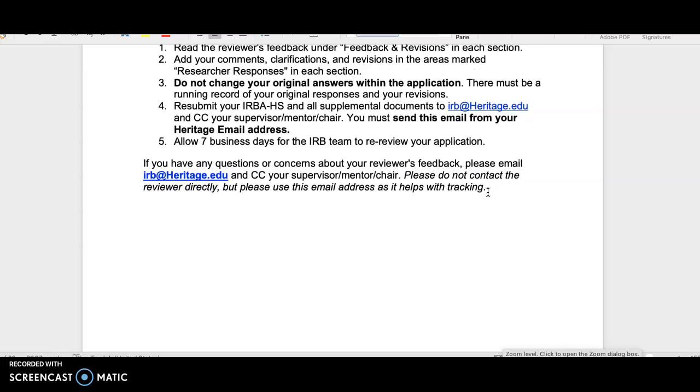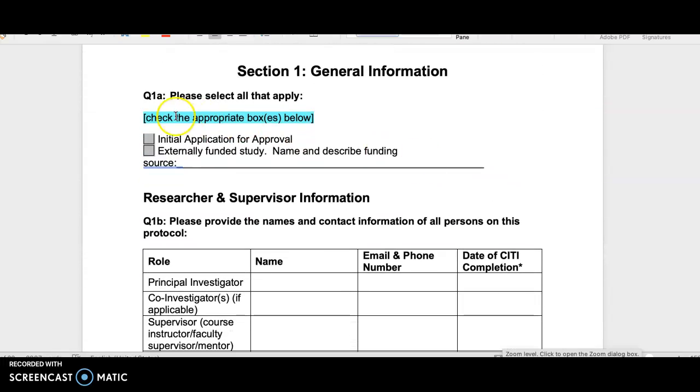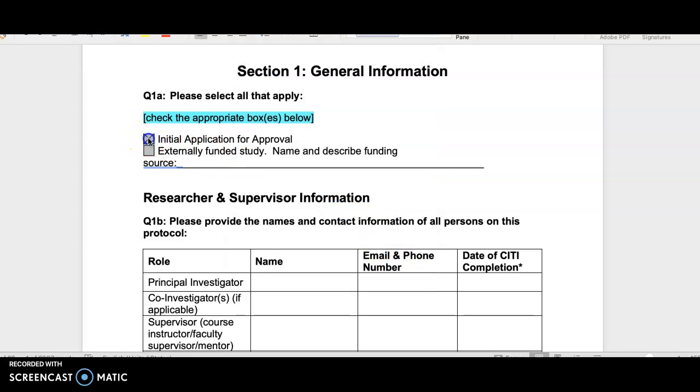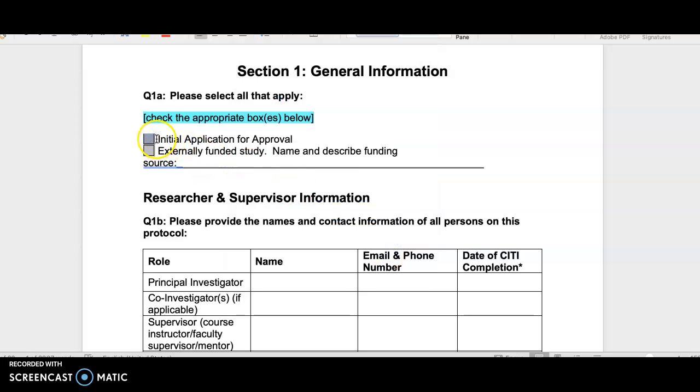So let's look at it here in real time and show you what we need from you. First of all, we need to know what type of application you're doing. You can click the box depending upon if you're on a PC or a Mac. You can click the box and you can check it and it will check, okay? Or you can uncheck it. And if you can't figure that out and your PC doesn't do it, or if you're working on a Google Sheets or something, you can just put an X,